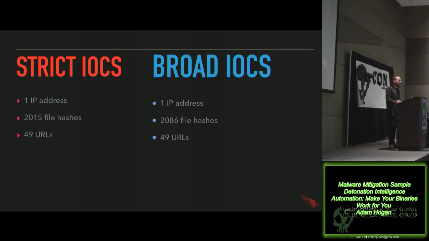And the traditional way of thinking about it, what I learned from sandboxing a piece of malware, is what you get when you download the strict IOCs. But you'll also see an option in there to download the broad IOCs. And that is actually going to take additional data from the other malware samples we have, from the threat intelligence we have. If we are able to correlate that on additional analysis, it's going to add those IOCs to the list as well. So now we're going from, hey, I've got IOCs from one piece of malware analyzed to dozens.